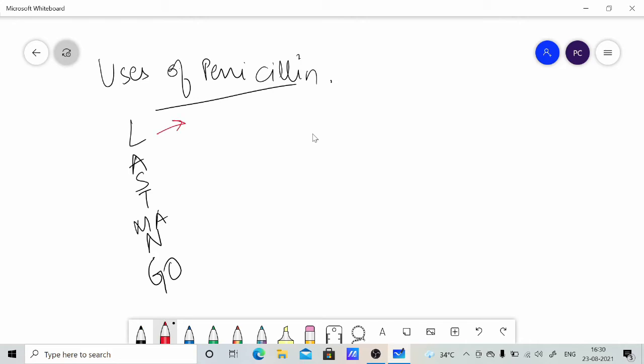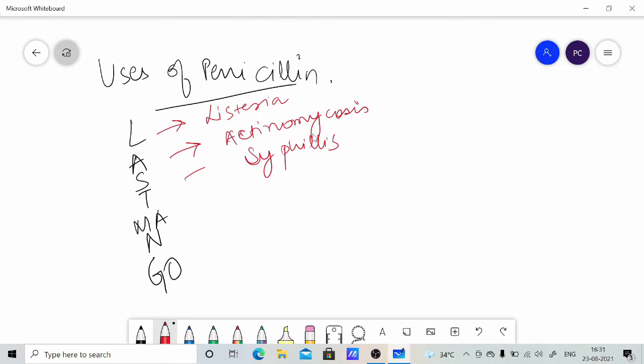For L we can have that this is effective against diphtheria, against actinomycosis, syphilis, tetanus, for meningococcal infection, against anthrax,